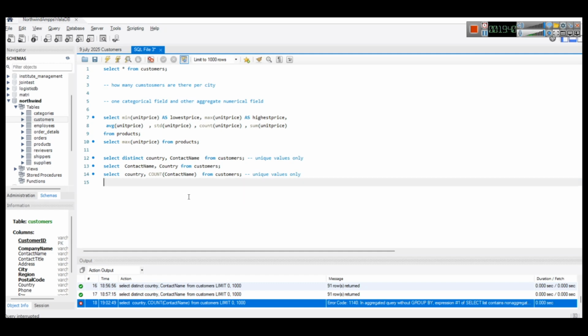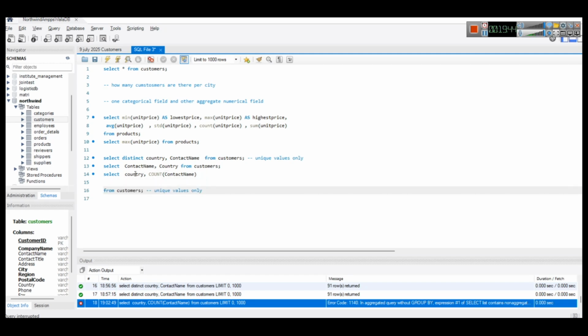So in SQL, to correct this, you will write one non-aggregate like country, city, contact name, contact title. It can be any of these things, any of these. Count contact name